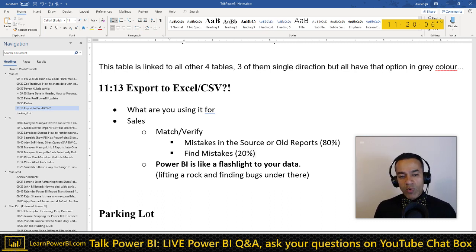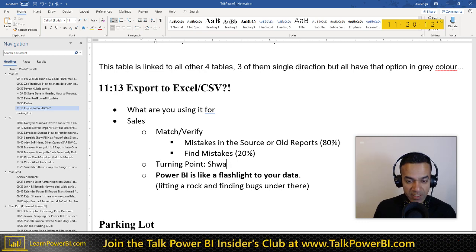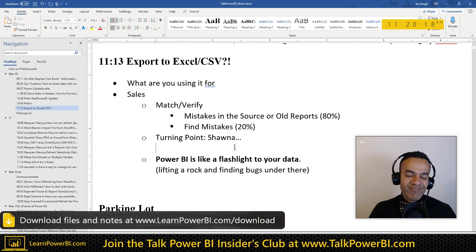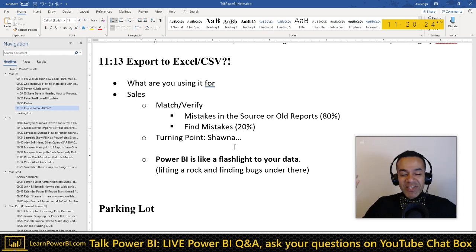Now, the turning point was, oh, I love this one. Turning point was, I think the lady's name was Shauna. She was pretty amazing. And she would always tell me, Avi, smile. I don't know. Sometimes I feel like, yeah. Everybody should smile more, right? So, Avi, smile. So Shauna, she called me up one morning, and she said this.